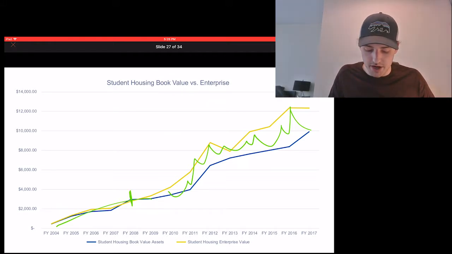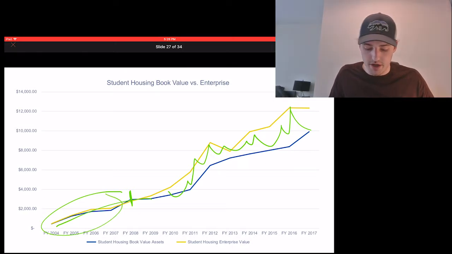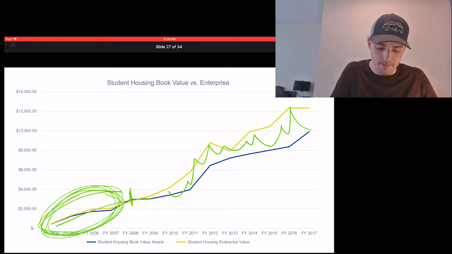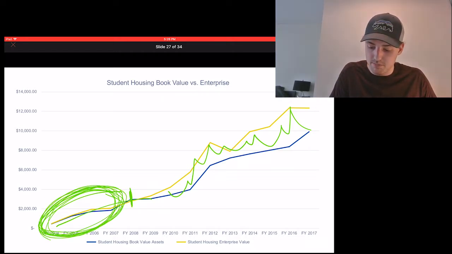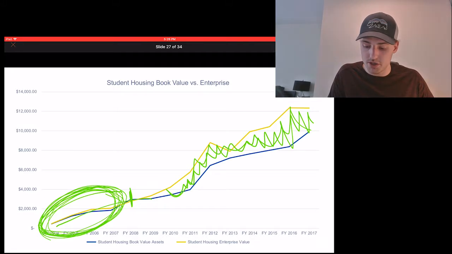book value and enterprise value pretty much tracked each other pretty perfectly before the bubble, right? And this is where the bubble's going on. So this is confusing, right? These premiums being paid here, that is confusing, and probably deserves even much more analysis to figure out why,